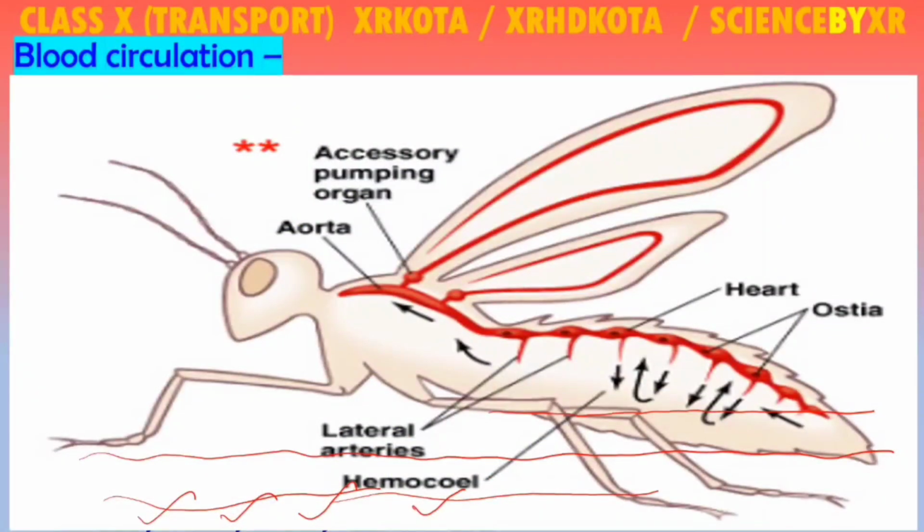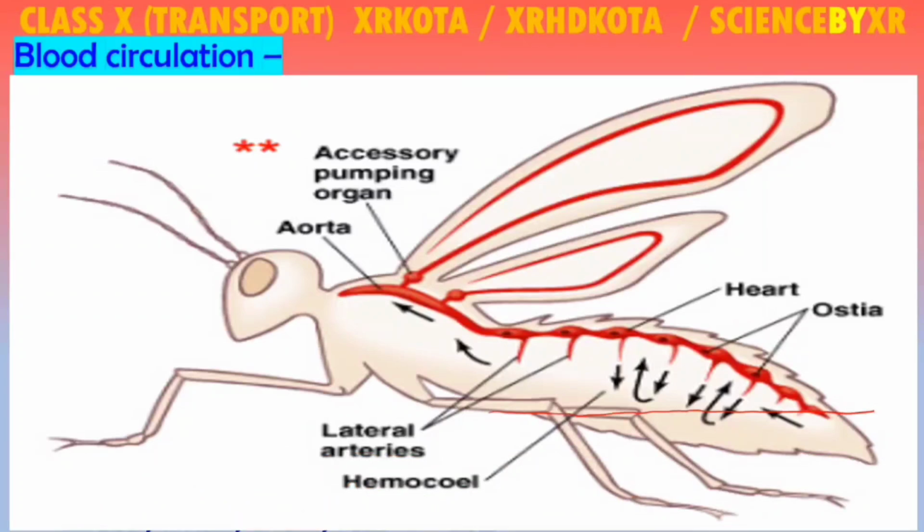Okay, so this is an example of open blood circulation. Here you can see open blood circulation in an insect. I'll show you the path. See, these are the hearts: 1, 2, 3, 4, 5, 6, 7, 8, 9, 10. The blood enters into these hearts through the ostia, which are small pores, and then the blood is pumped from one heart to another, to another, and the same way it goes on moving from back to front,